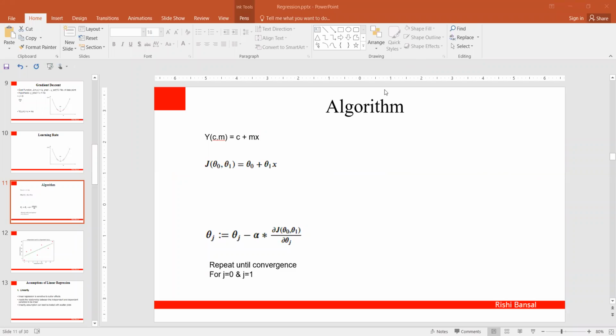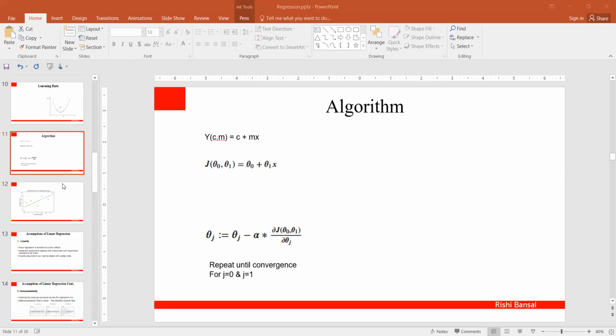So it means many parabolas will be computed in the background, based on the number of thetas, even though we won't be seeing them? Yes, very much. It happens in the background. Thank you, Rishiji. So you go through it two or three times. I'm sure when you go through it two or three times, you will get many other doubts also. It happens. Yeah, it took me a long time to understand actually.